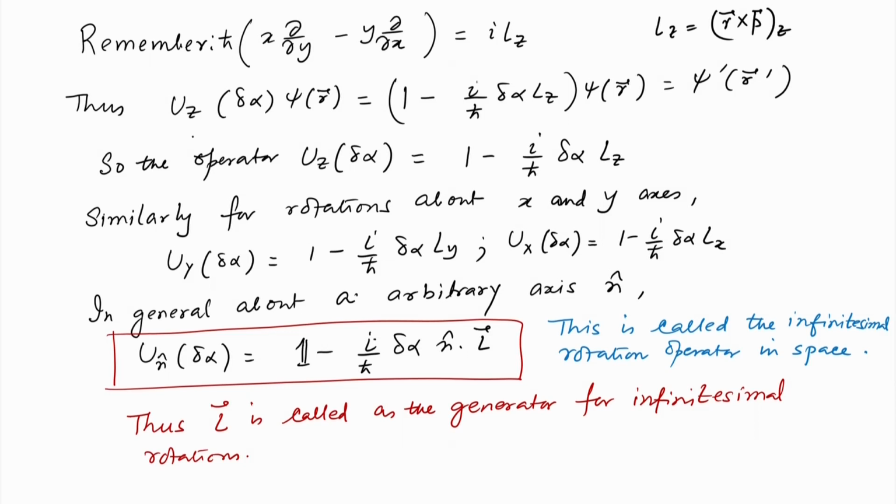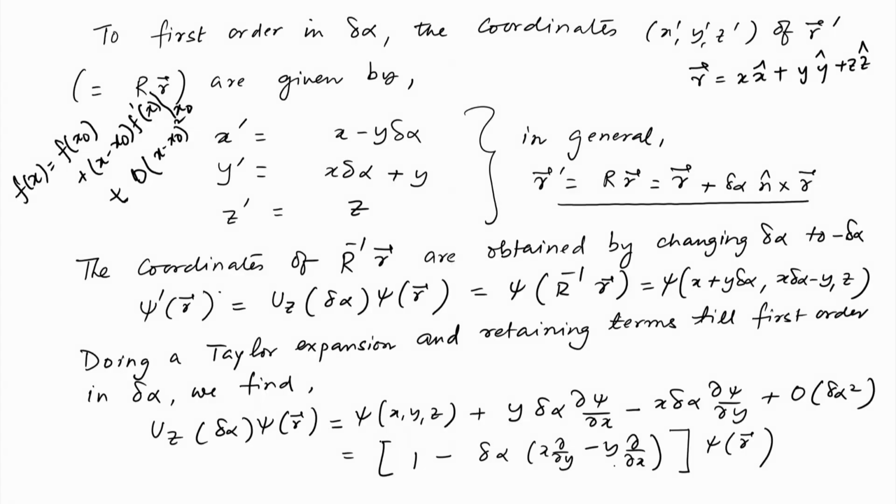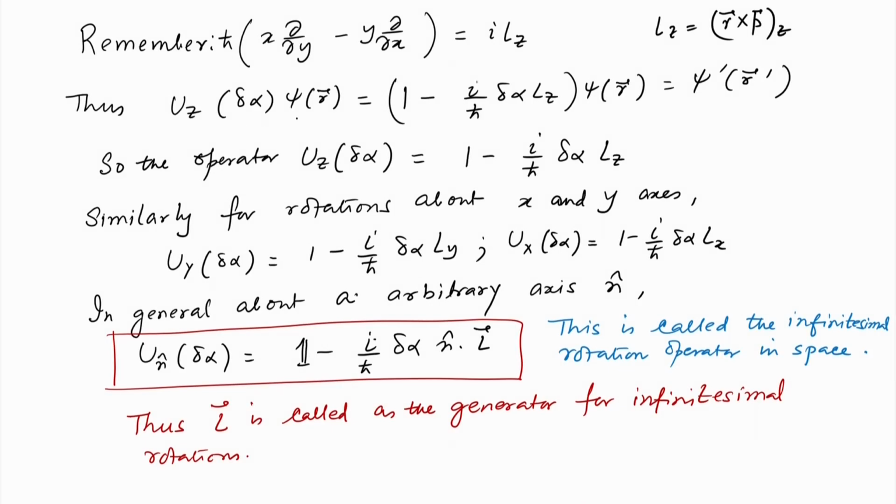So, u z of delta alpha psi of r is equal to 1 minus i by h cross delta alpha L z acting on psi of r, which is psi prime of r. So, the operator u z delta alpha is equal to 1 minus i by h cross delta alpha L z. So, this is the form of the operator, this is what we were trying to find,